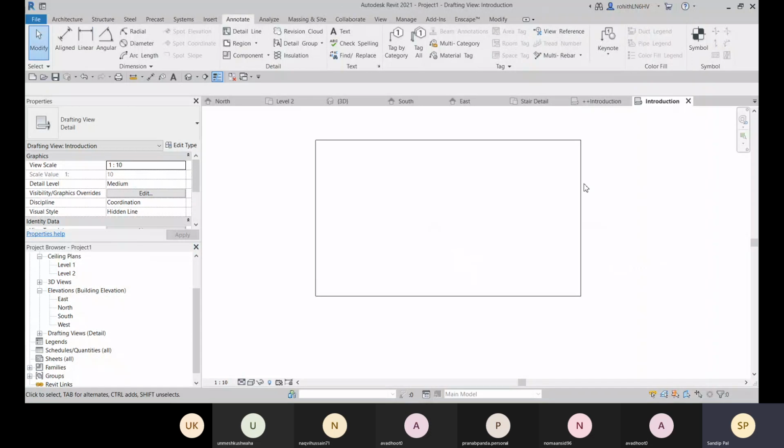There you can save it. Now whenever you open this Revit file or project, this introduction page will be the first view, so that you get the information and then you go for the model.